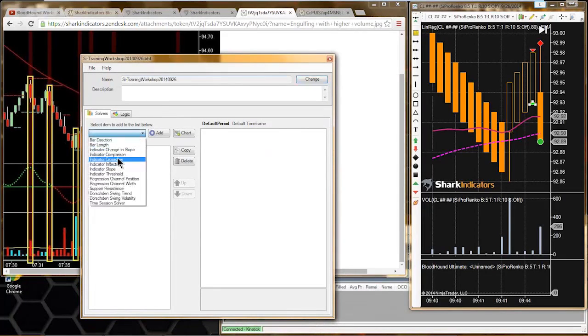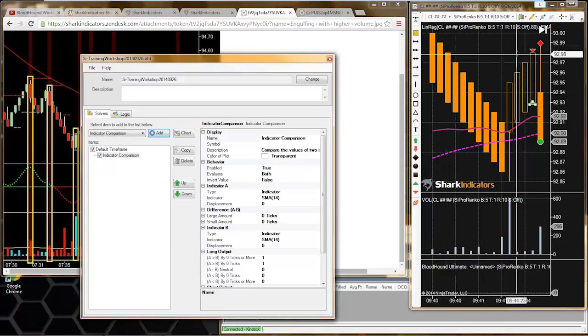All right. So the first comparison solver, I'll look at the high points. I'll compare the high prices. And then I'll need a second comparison solver that's going to compare the low prices. So we're going to be comparing the low of